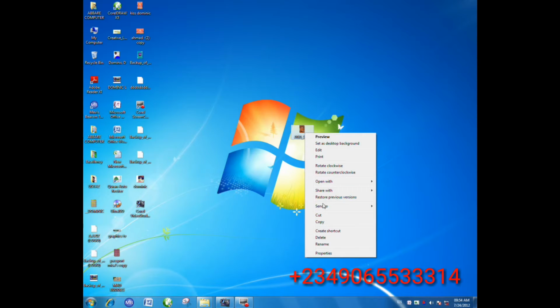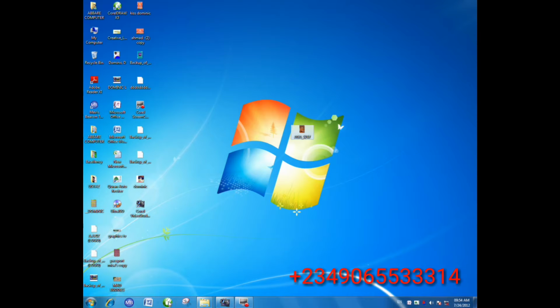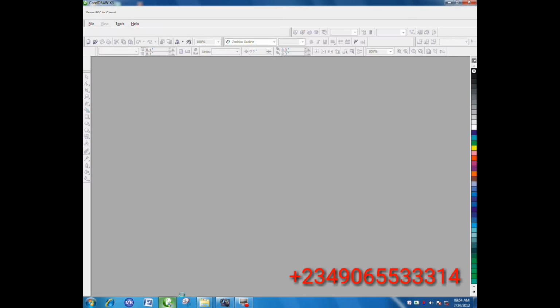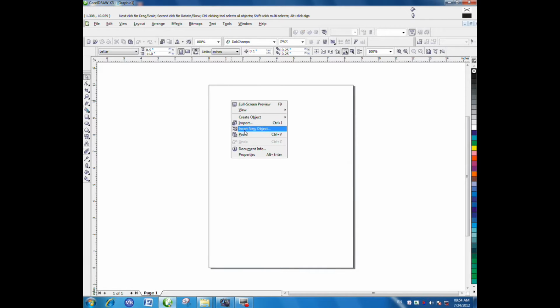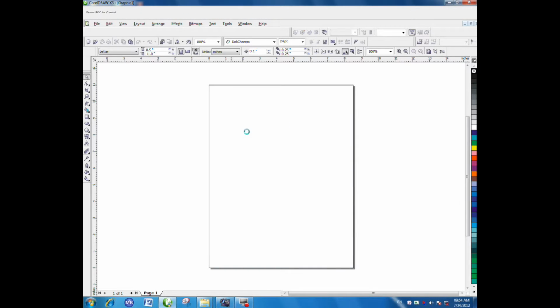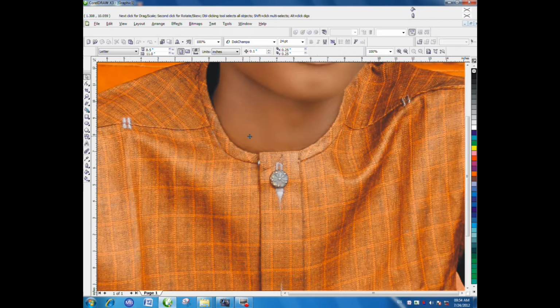First, you have to copy your picture. After copying your picture, open CorelDraw application. After opening CorelDraw application, then paste your picture. After pasting your picture,